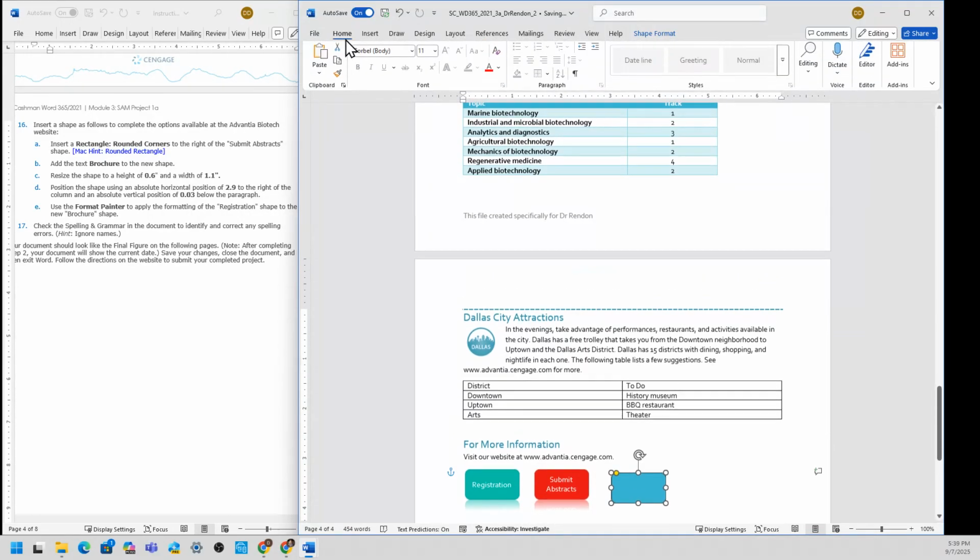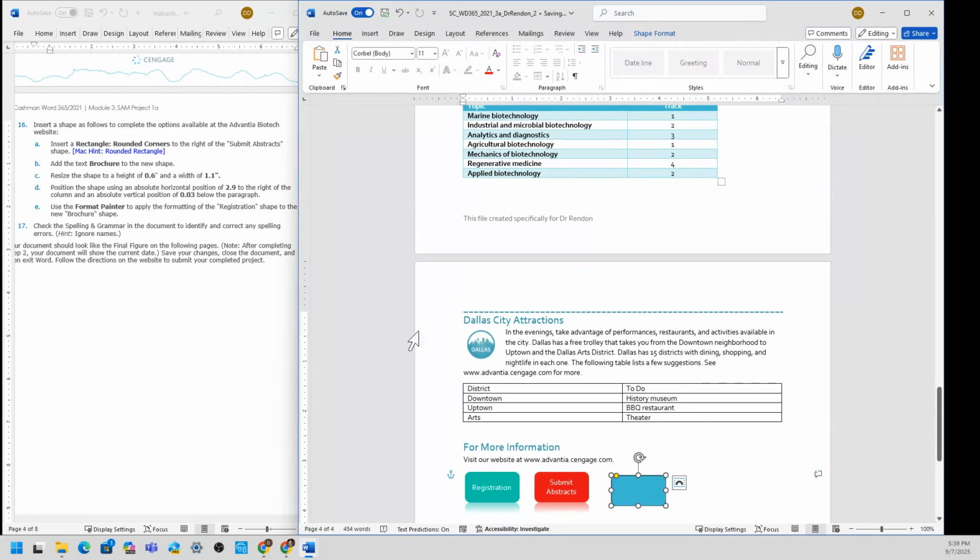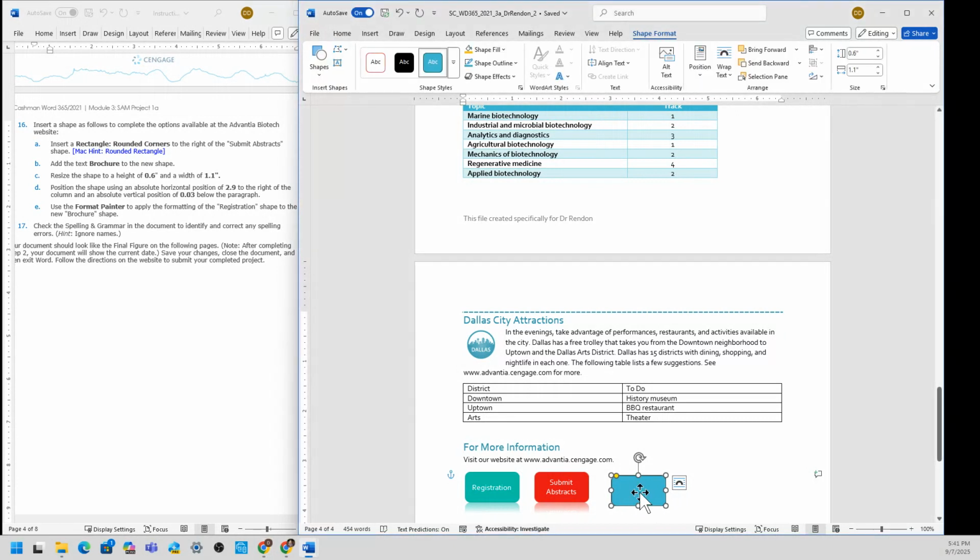Select Home. So I missed the step 16B, so I need to add the text brochure here. Okay, so here, brochure.